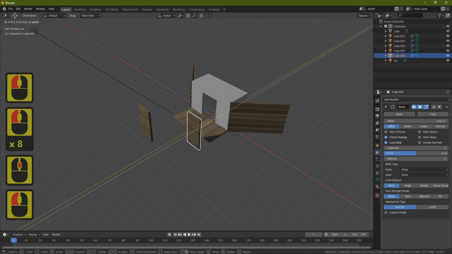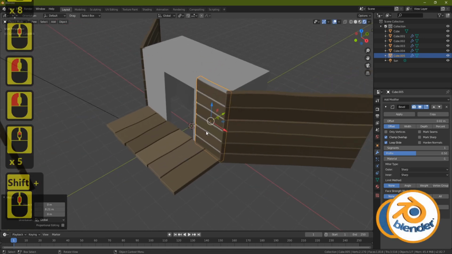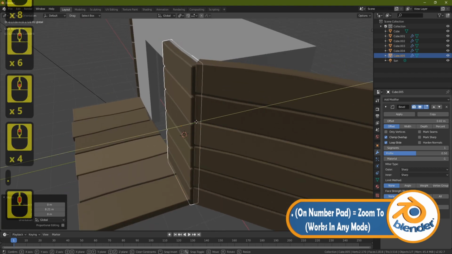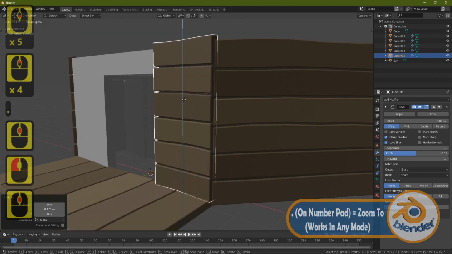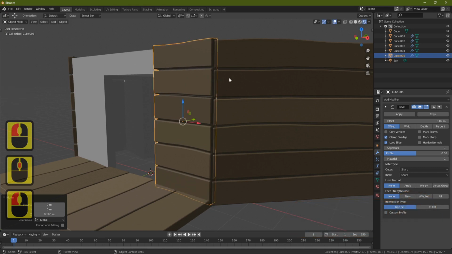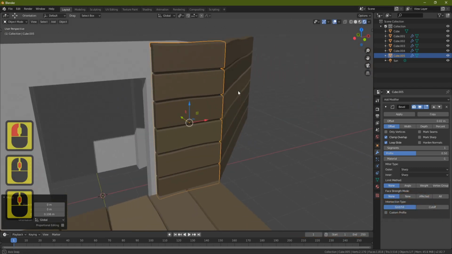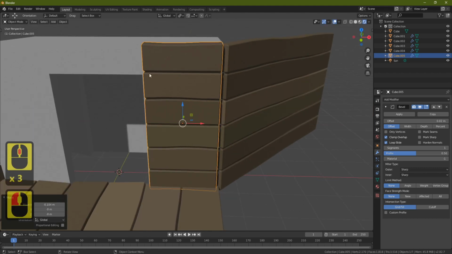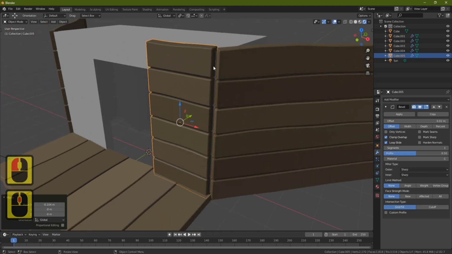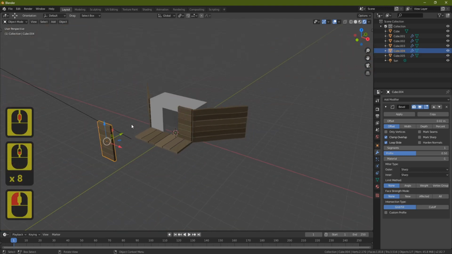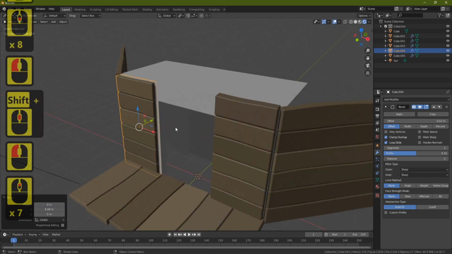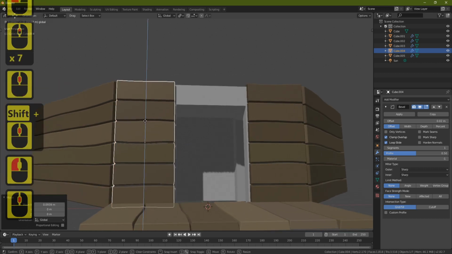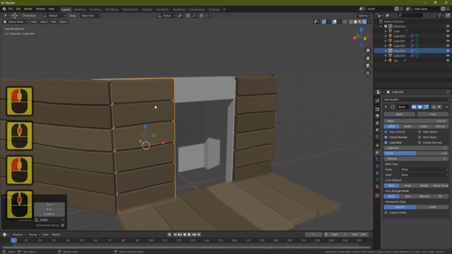0.2. Alright, so let's move this into place where it's going to go. And if you're struggling to zoom in, just press the dot on the number pad and it'll zoom you right into where you need to be. Let's pick it up a little bit as well, just so it's level. I don't want it absolutely level, it needs to be a little bit out, just to give it some more character. And we're going to have a post down here and a post down here, which is going to hide these edges like I said. So now let's grab this one, bring it over, and pick it up a little bit just so they're nearly level, not quite,